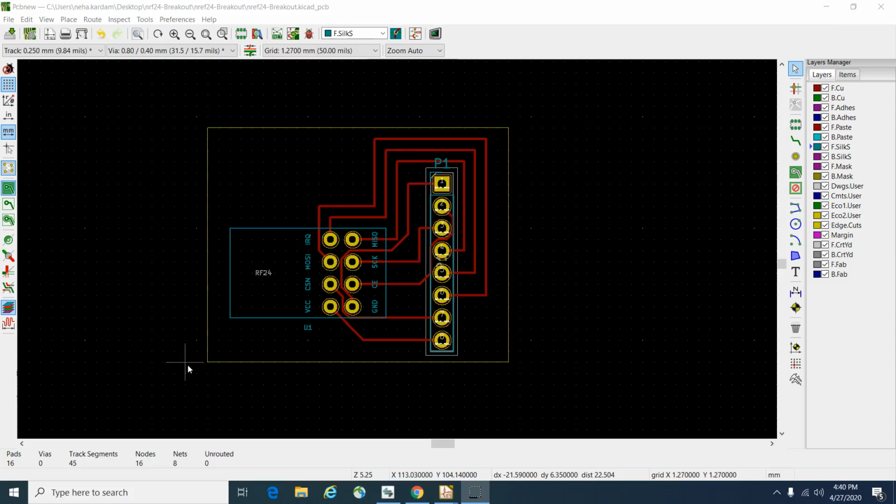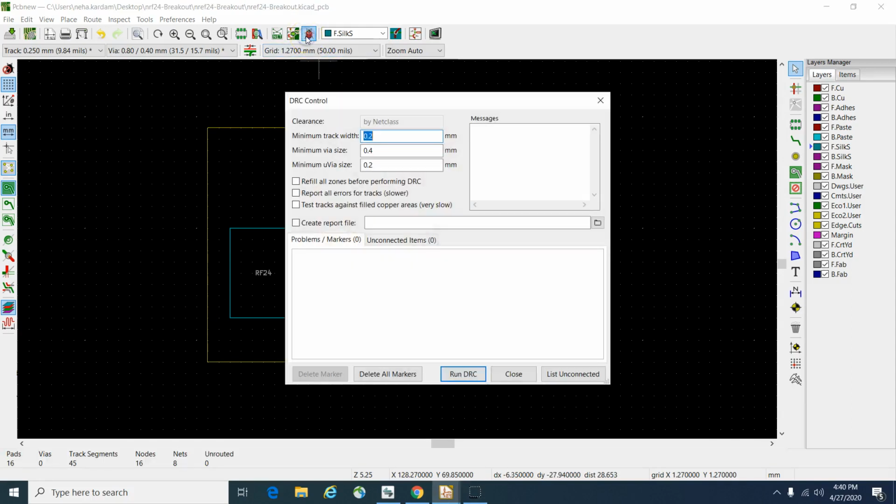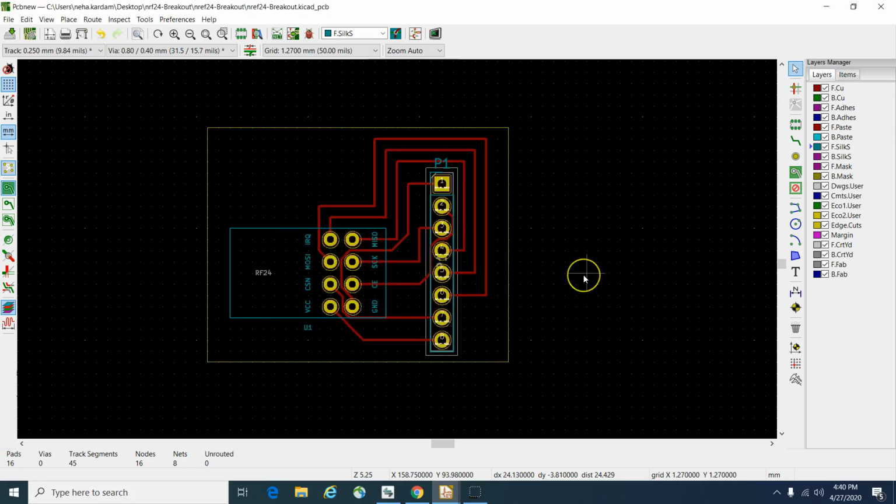Hi everyone, so here you can see my footprint circuit. Now what I'm going to do is to check the design rule by clicking on this bumblebee button, clicking on run DRC, and you can see here there are no errors or any problem. So I'm going to close this, and now we are very close to completing the iteration of the board, and